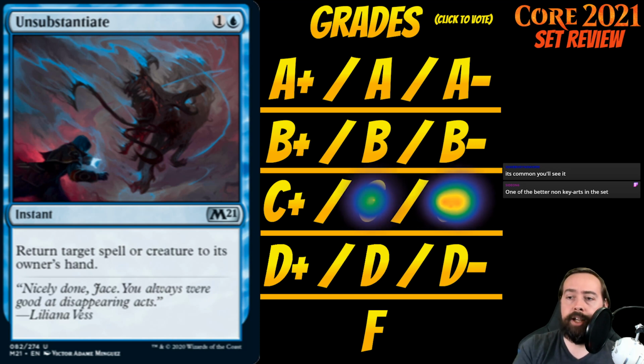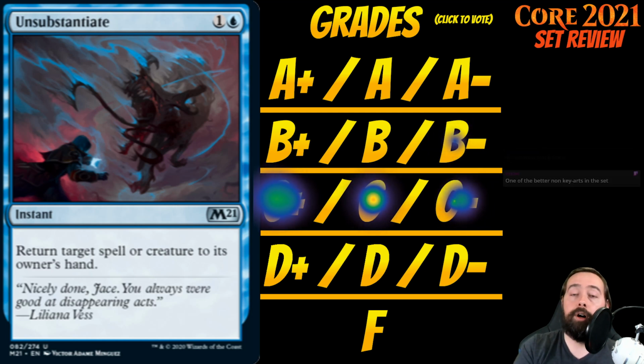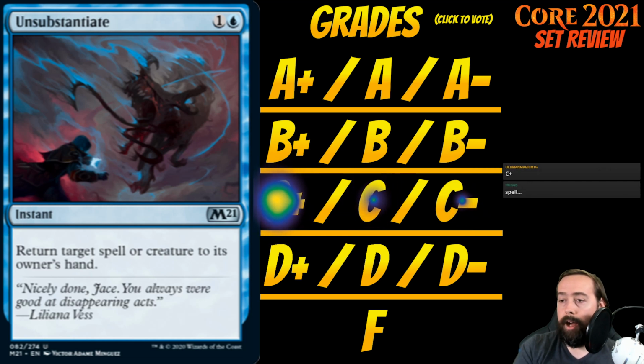Unsubstantiate. Unsubstantiate is 1 and a blue for an instant at uncommon. Return target spell or creature to its owner's hand. It's bounce. It's fantastic. It's not Unsummon, I know, but I'll pay 2 mana for it. This is great. This is going to ruin all of those people who are making their turn 2 angel token. I love Unsubstantiate. I rate this as a B-. I